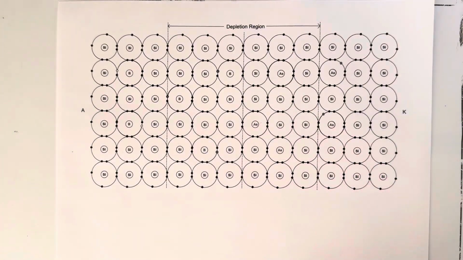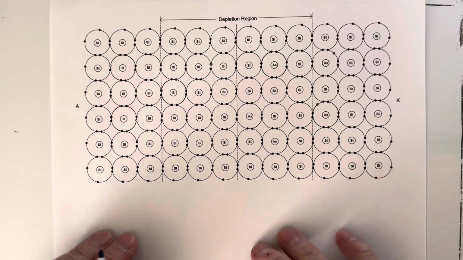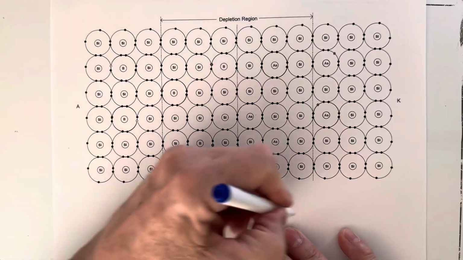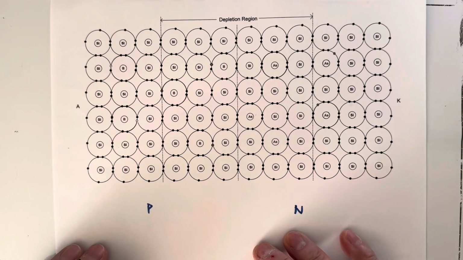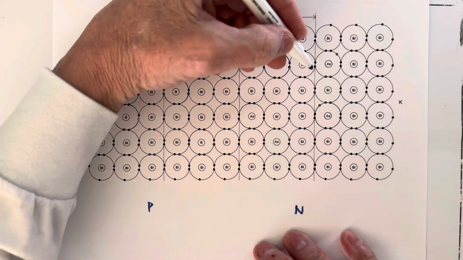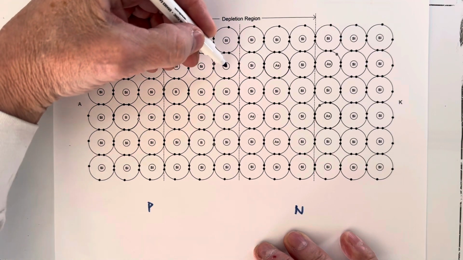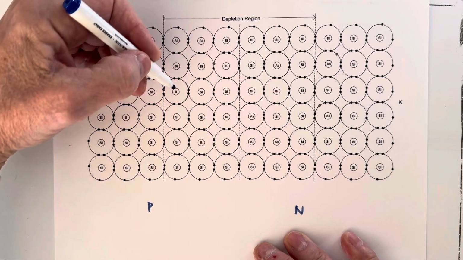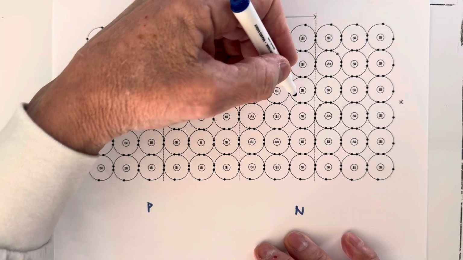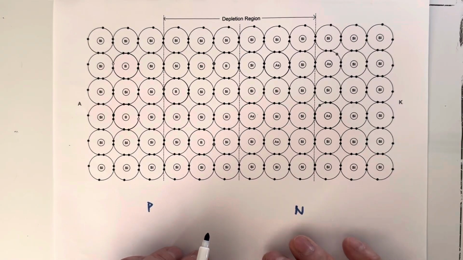This forms something called a depletion region. All right, now what is a depletion region? Well, it's an area right around the junction between the P and N sides of the crystal, where electrons have diffused across and fallen into holes with the boron atoms, and likewise holes have diffused across and recombined with electrons